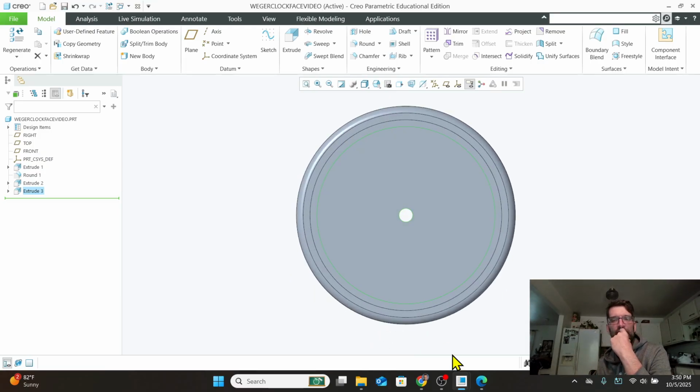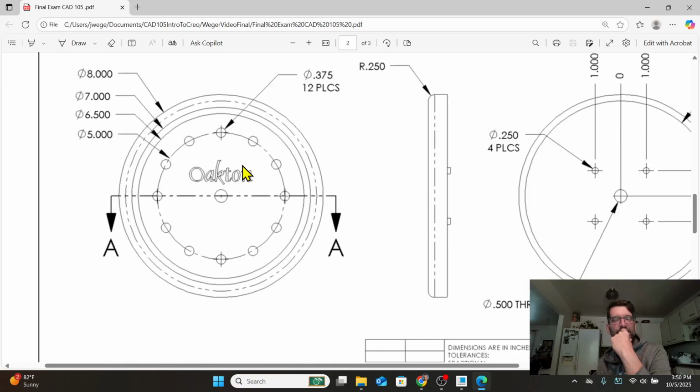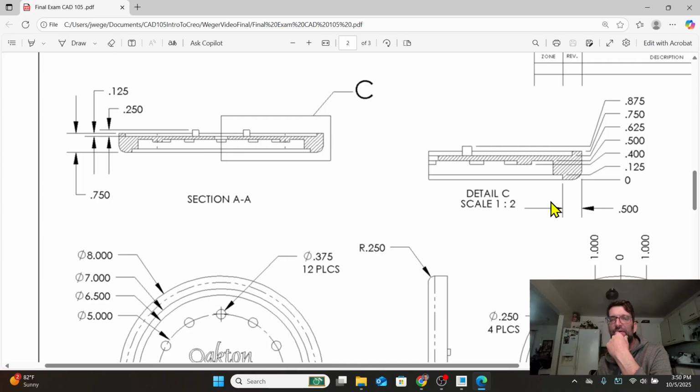Okay, we're going to work on what we need to do to get these dots, these circles in place for the hours on the clock. We need those to be 3/8 of an inch in diameter. Centers are going to fall on a circle which is 5 inches in diameter, and the thickness of each one